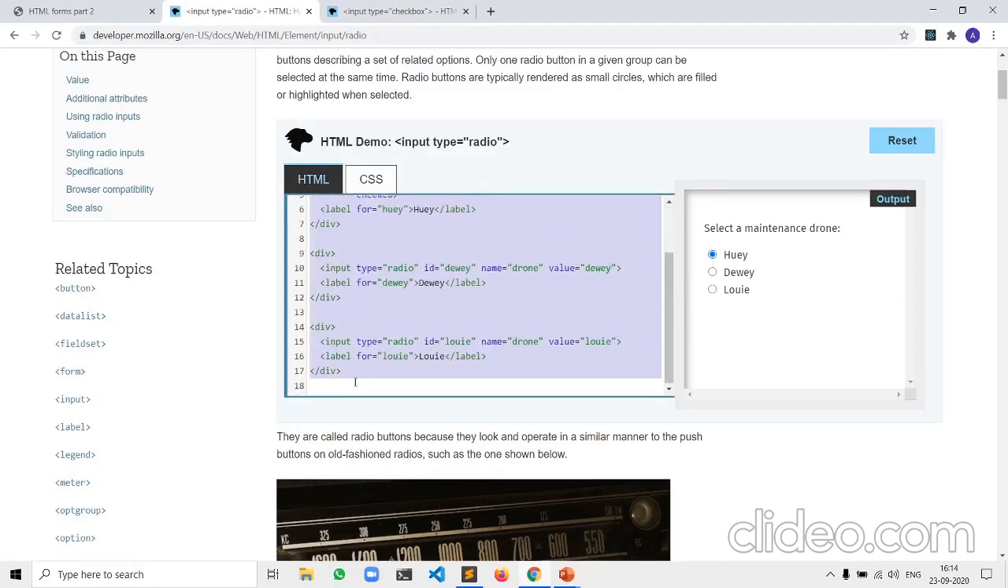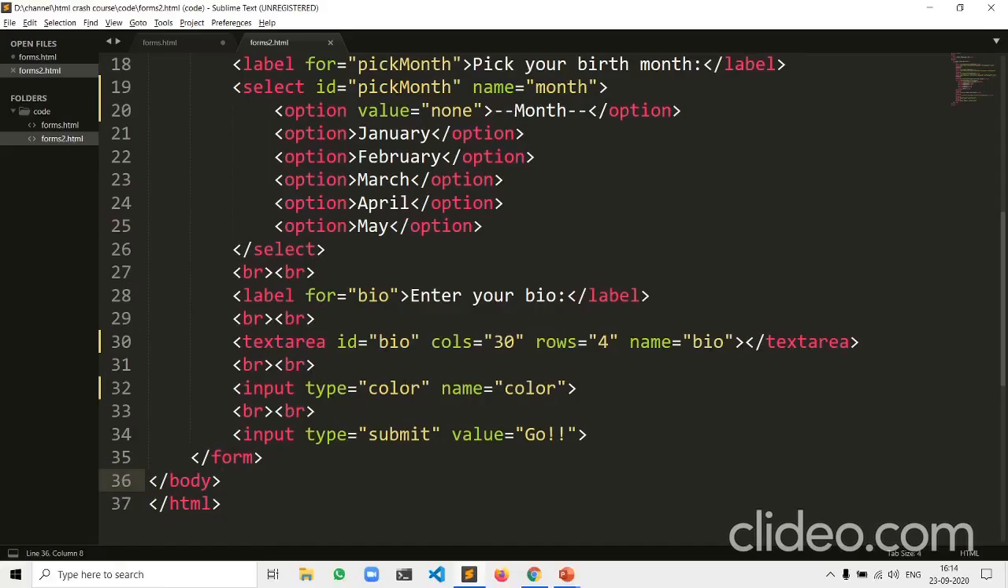And these divs act as line breaks, so to say. These are actually generic containers. If you flash back to video 2, we learned about divs. Okay, so